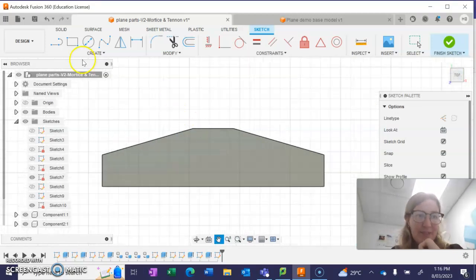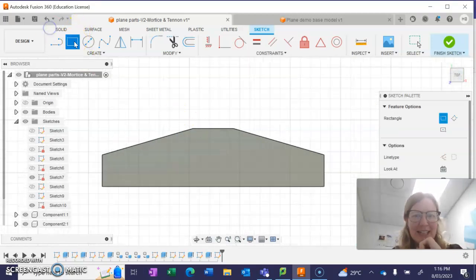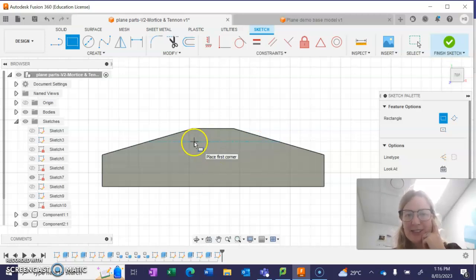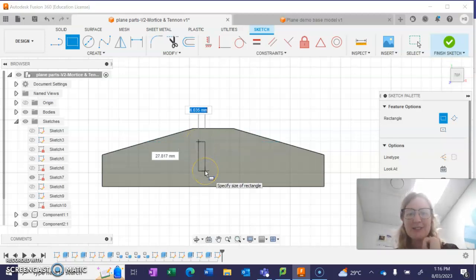There we go. And we need a small rectangle. Now it's important to remember the dimensions that you created for the little rectangle on the bottom of the cockpit. So I'm just going to start my rectangle over to the side here because I'll dimension it to position it later. So I'm going to draw my rectangle, and the width is always going to be 3 millimeters, or you could even put 2.9